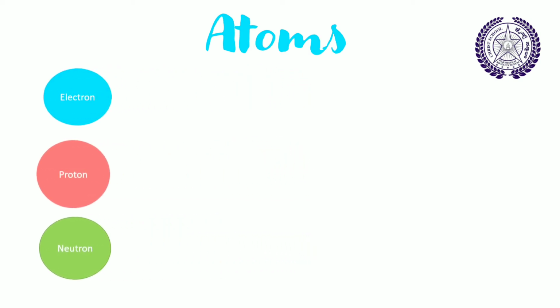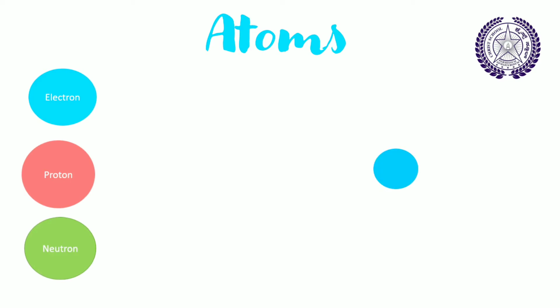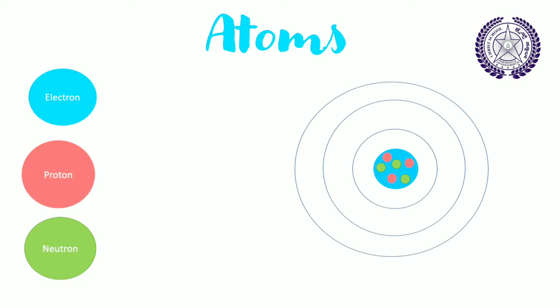In the center of an atom we have the nucleus. Protons and neutrons are present inside it. Surrounding the nucleus we have electrons revolving in their shells. It is similar to how a planet orbits the sun, except that the electrons move almost at the speed of light. The number of electrons, protons and neutrons in an atom tells us which material it is.